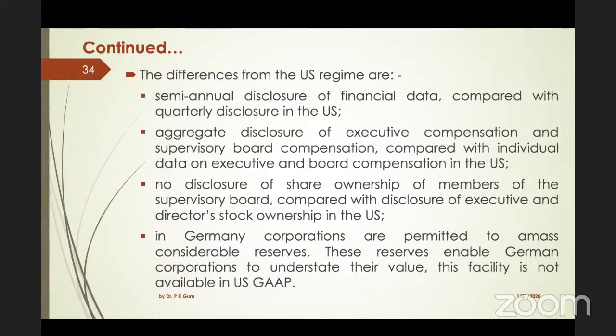But in the US, in India, in the UK, where the owners are separated from the day-to-day operations, their only way of earning is profit, which can be shared as dividend. So in India and the US and the UK, dividends are to be paid. In Germany, it may not be paid. I mean, they can pay less and keep more. And that also helps them in understating their value. But in a way, it is not good in the sense, suppose somebody wants to buy or take over, then you face difficulty.